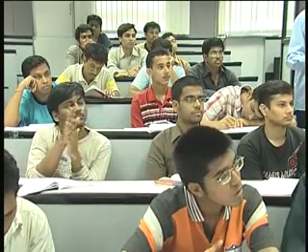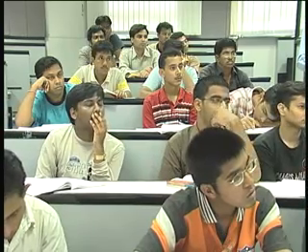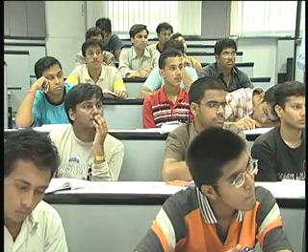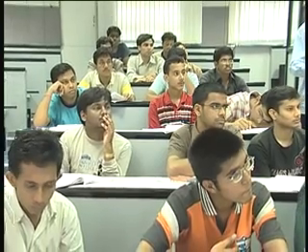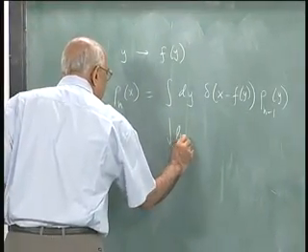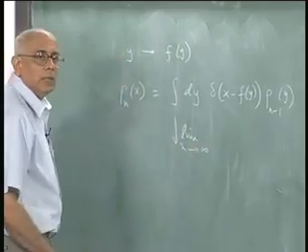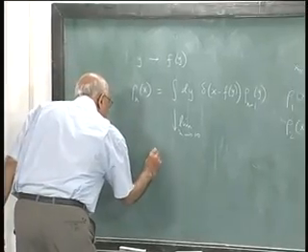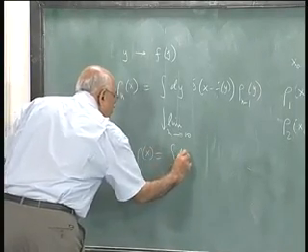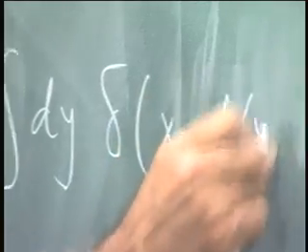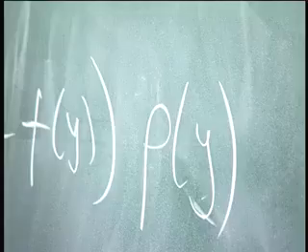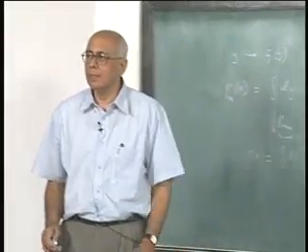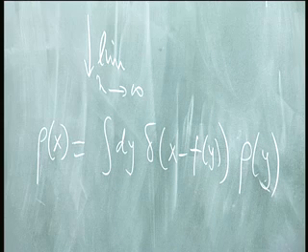Now what happens if you take the limit n goes to infinity here? Well, rho n minus 1 is not distinguishable from rho n when n goes to infinity, whether it is n minus 1 or not does not matter, right. So it is clear that if you take the limit n goes to infinity here, then if there is a limit, if this function has a limit, that limit would satisfy rho of x equal to integral dy delta of x minus f of y rho of y. This rho and that rho are the same. If the limit exists,